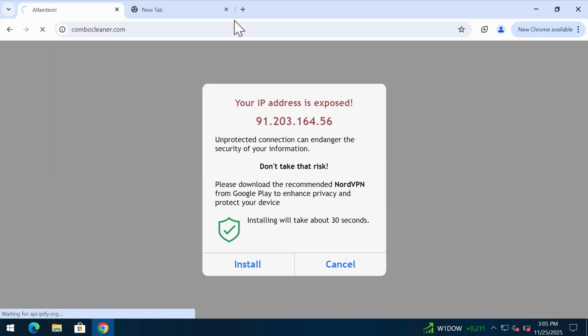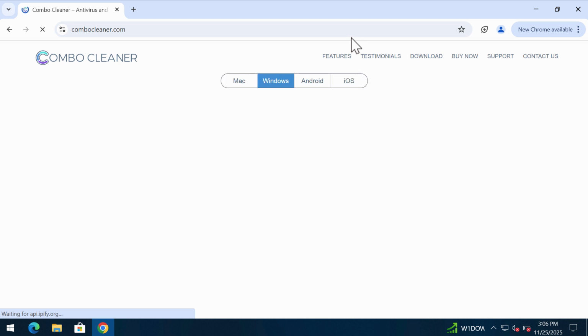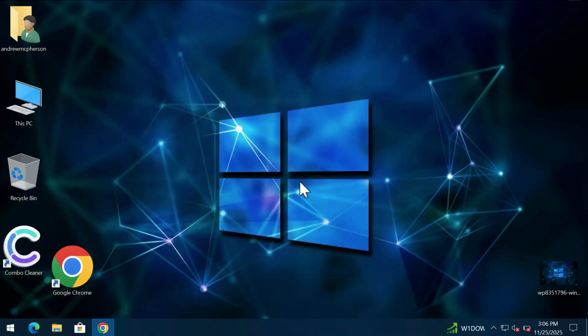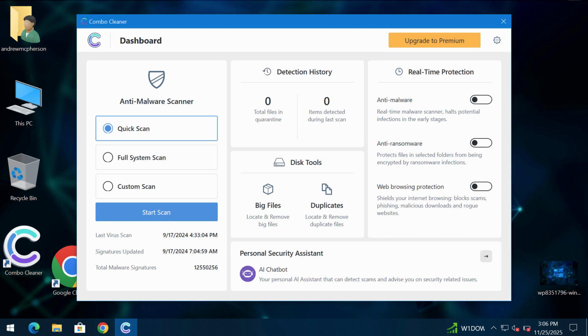Now, I additionally recommend you to research the device with the help of reliable antivirus. So I recommend you to use Combo Cleaner for this purpose. Go to the page combocleaner.com, download the application, install it, and once it gets successfully installed, start researching the device